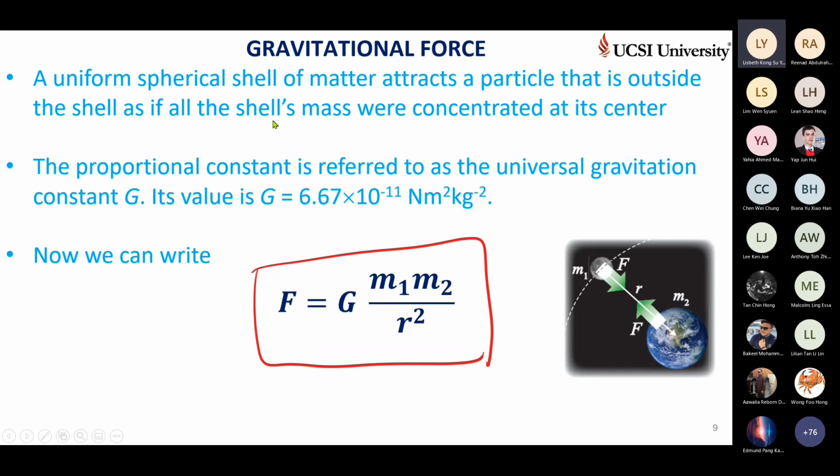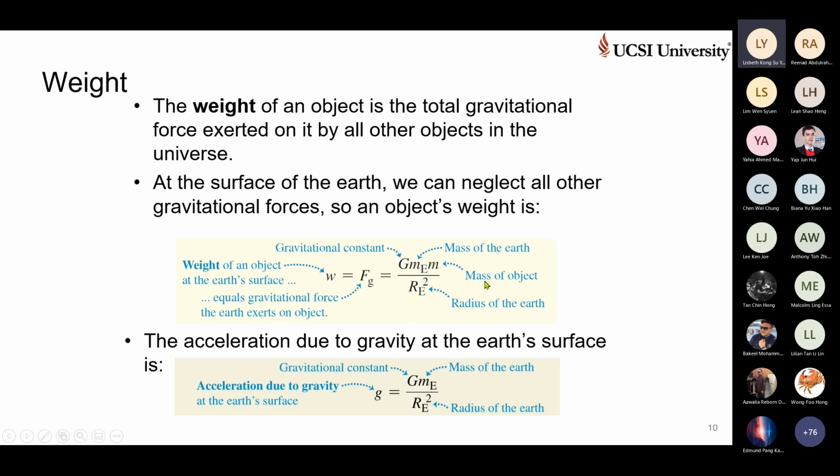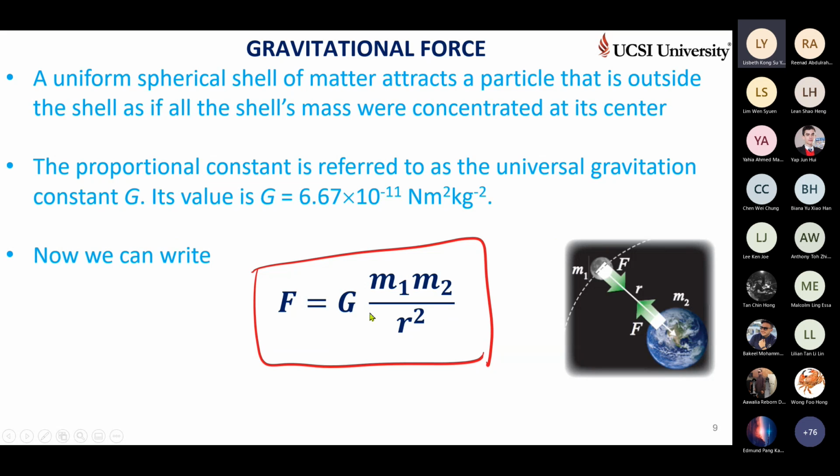Understand the factors here. The gravitational force, it might be between Earth and other planets, or Sun and Earth, or between any two planets. In all cases, the formula that we can use is F equals G times M1 times M2, the attraction between two masses. M1 is the first mass, M2 is the second mass. It may be big or small. Irrespective of the size, the product of their masses over the square of the distance between them